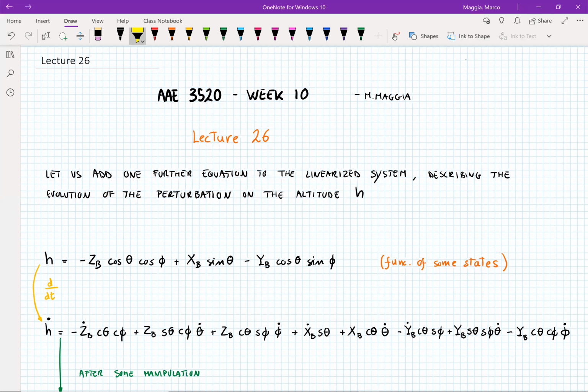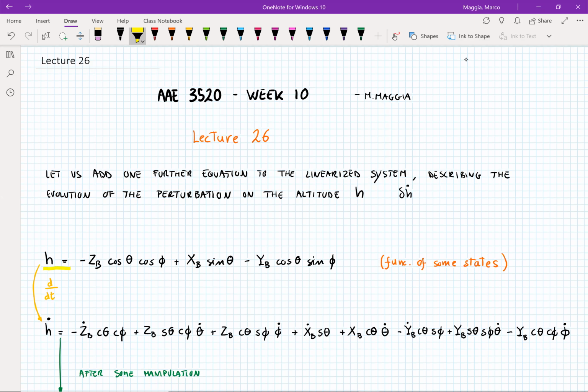In other words, we want to find a dh dot equation. And then we're going to add it to our equations. This is going to be a dependent equation, so it's not going to be another completely independent state. In fact, you can see that